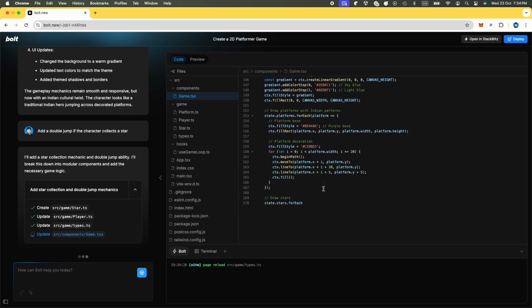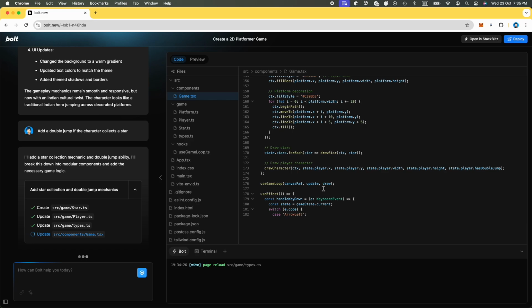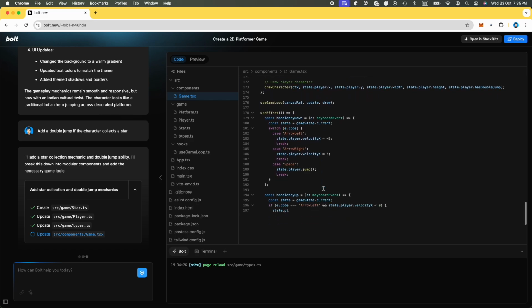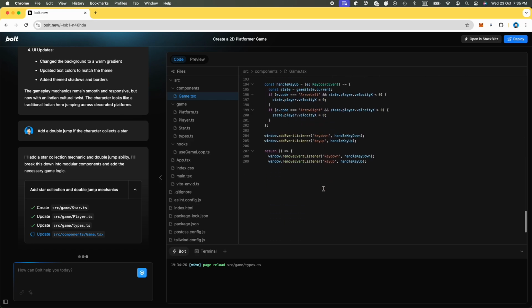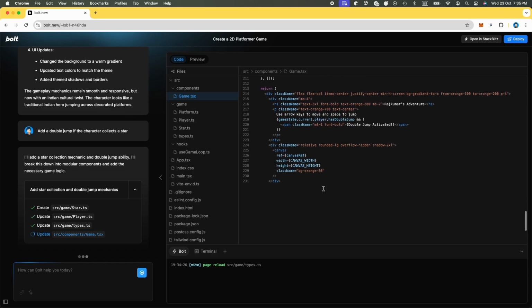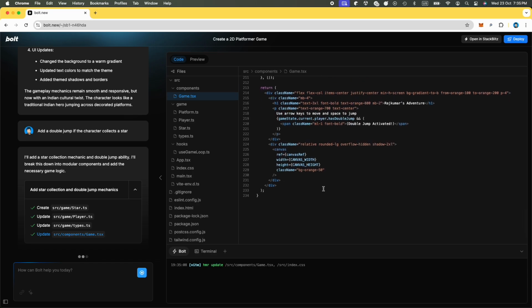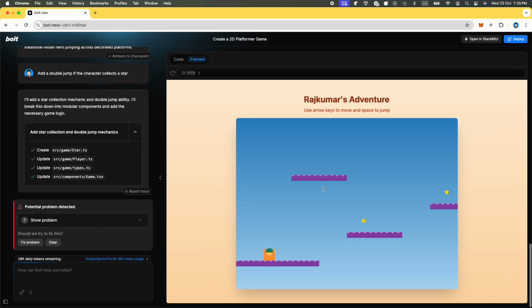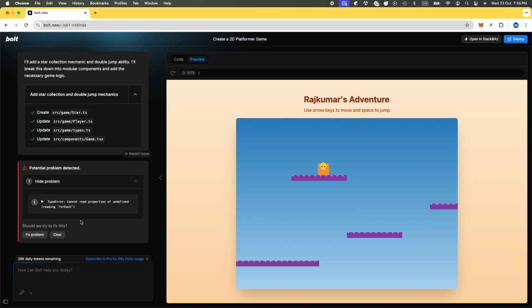because even if you use Cursor, more often than not, you'll have to switch over to certain files and go through and edit them and do stuff like that. And it's shocking that just in the first attempt, this worked. And it's going to hot reload this, and I'm going to update the game. And as you can see, it's immediately added a star, and once you collect it, your visual changes and you're able to find the double jump, right? So that's insane. And it's also giving me an error.